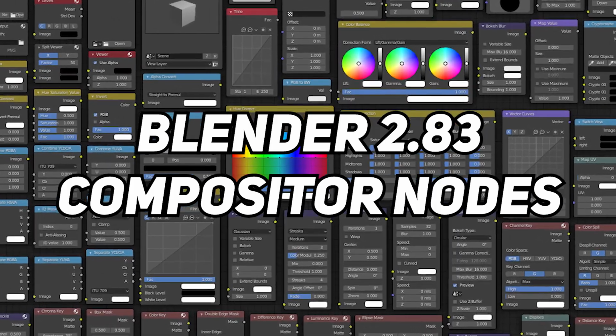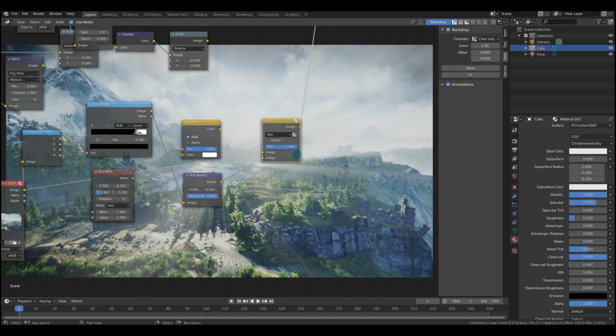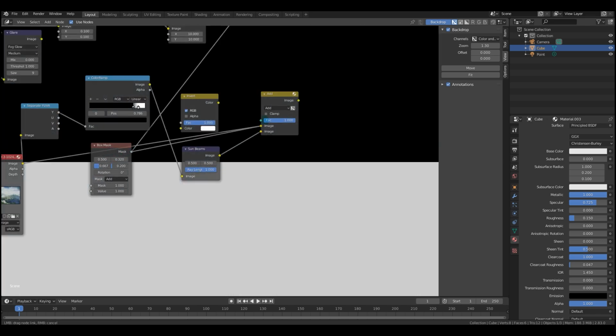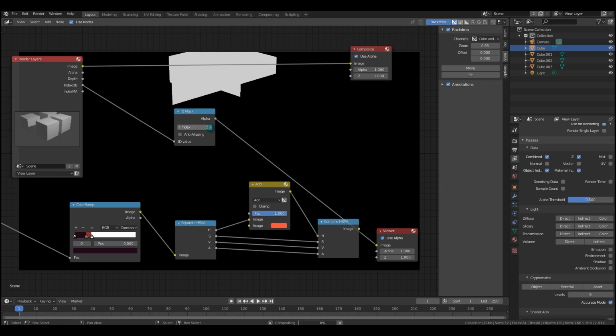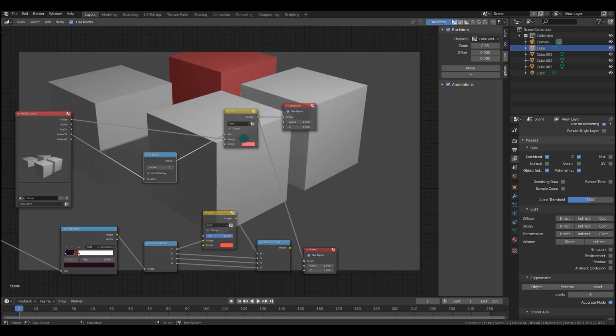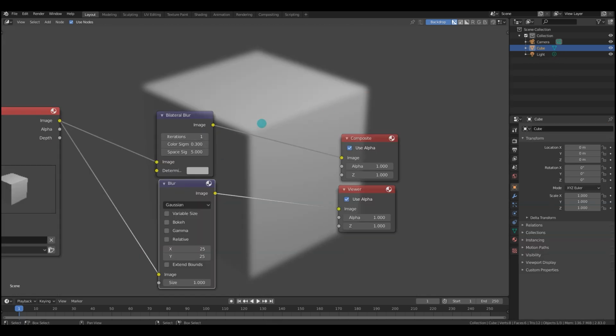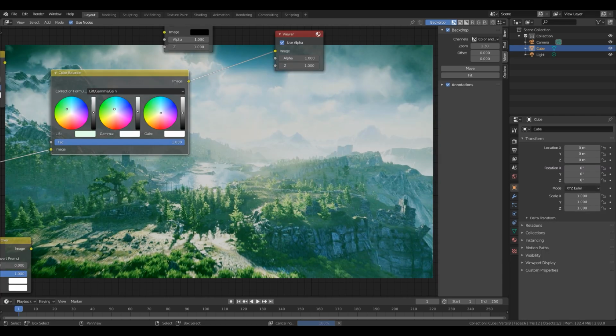The compositor is amazing. Once mastered, it allows you to do so many things that you probably could not before. By separating render layers, you can make adjustments after you render to different layers or even individual objects. Need to change the color of an object? Easy. Forgot to add depth of field? Easy. Forgot to even texture your model? Easy. You can do so much more with the compositor.